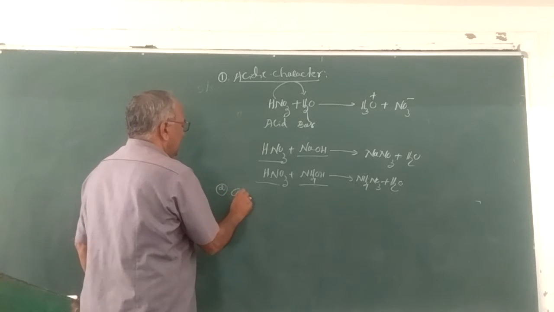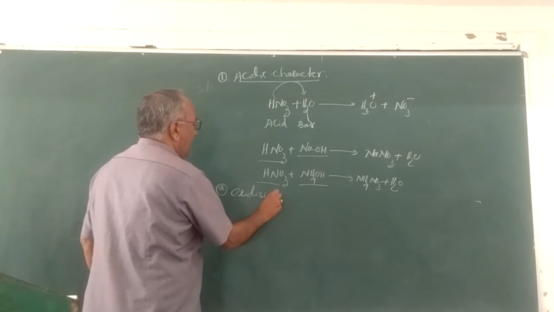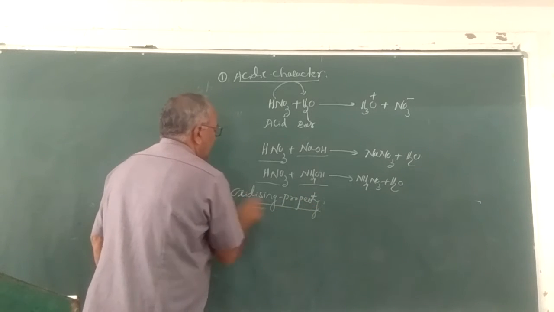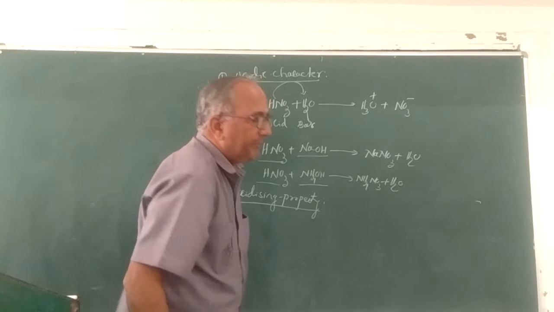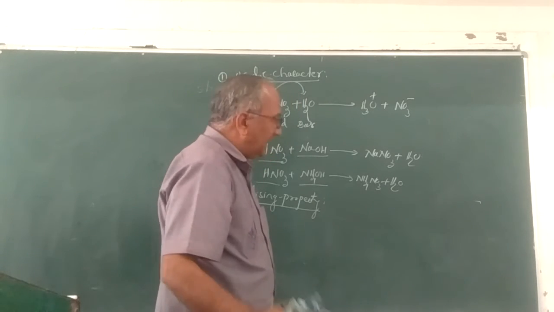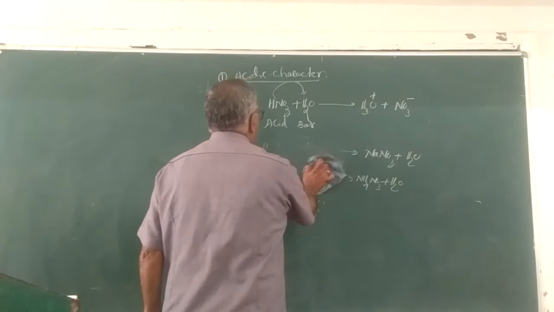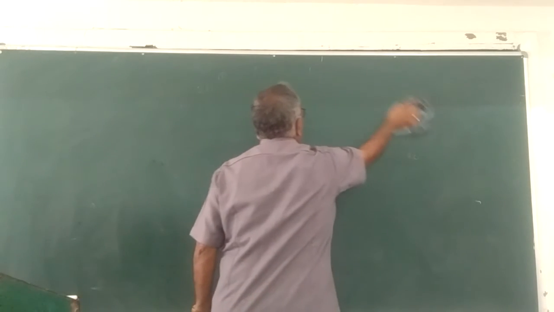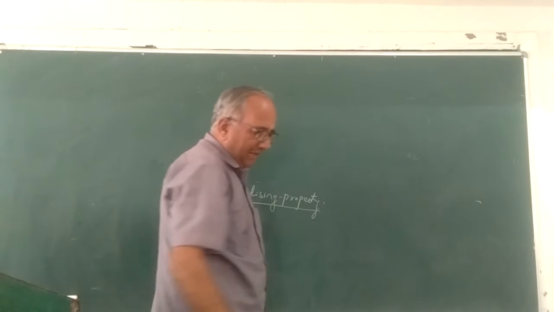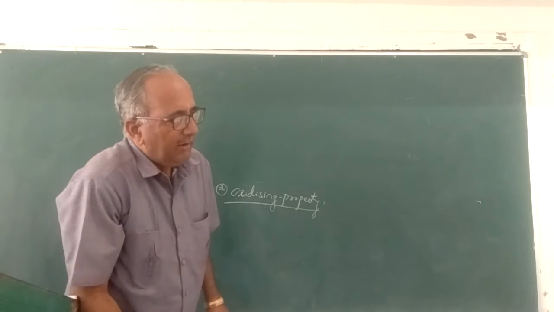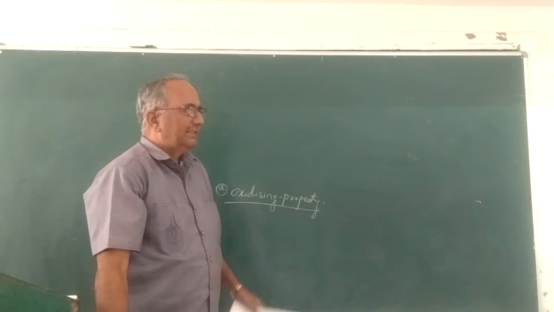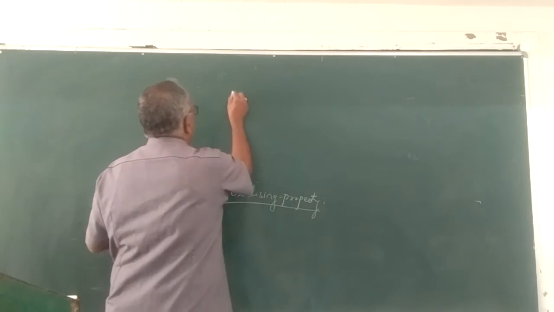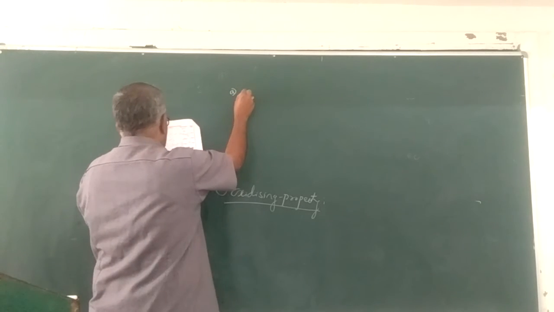The second one is the oxidizing property. Both dilute and concentrated nitric acid show the oxidizing property because it is capable of donating nascent oxygen. That nascent oxygen will oxidize the metallic oxides into the metal and also various salts. Under the oxidizing property, first is the action